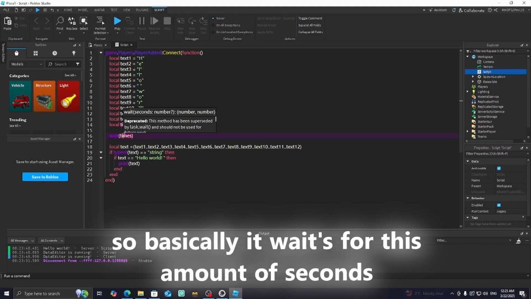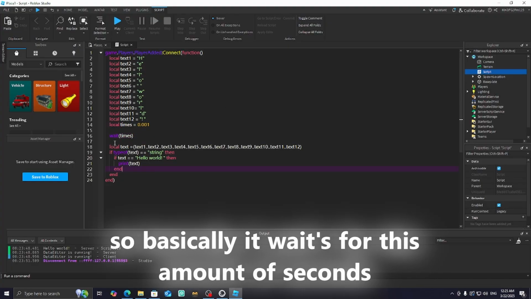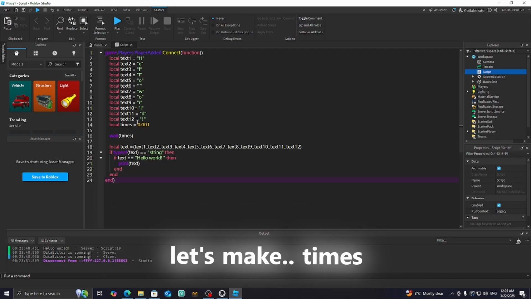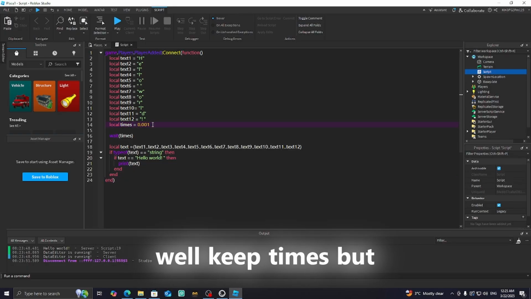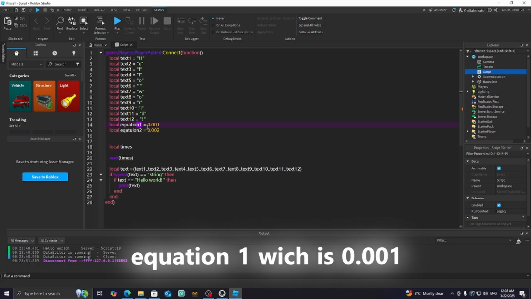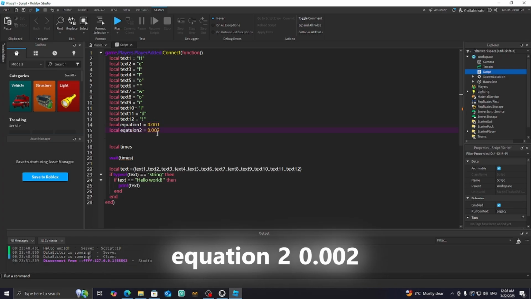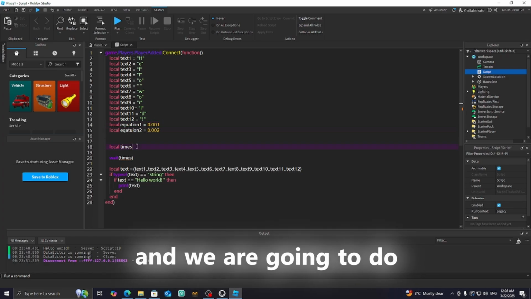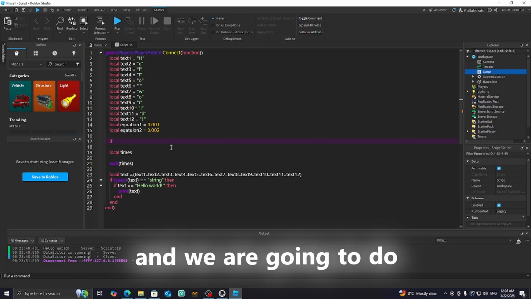So basically it waits for this amount of seconds, and it goes. I'll keep times but remove this. So we made these two variables, equation 1 which is 0.001, equation 2 which is 0.002, and we're going to do if